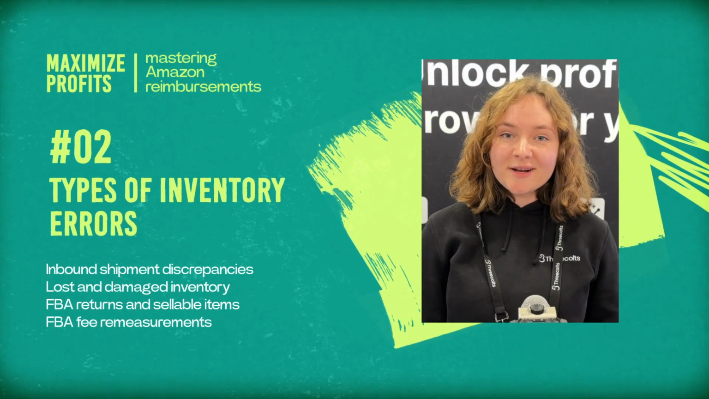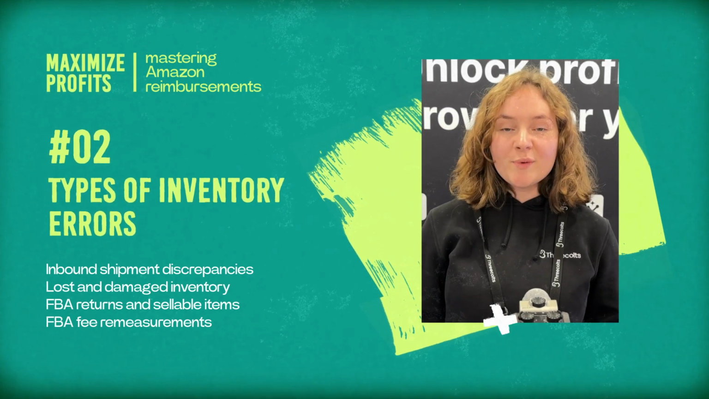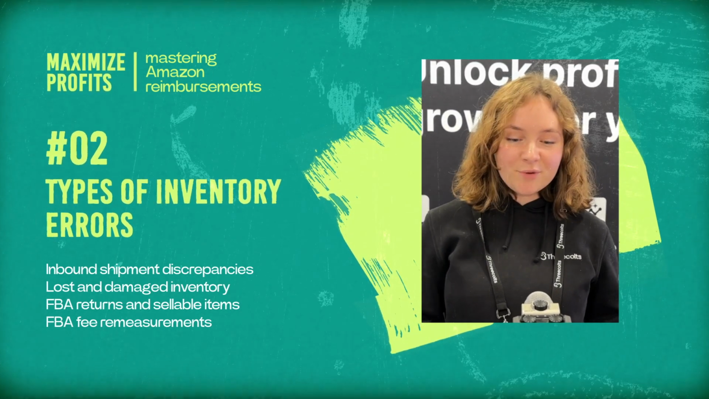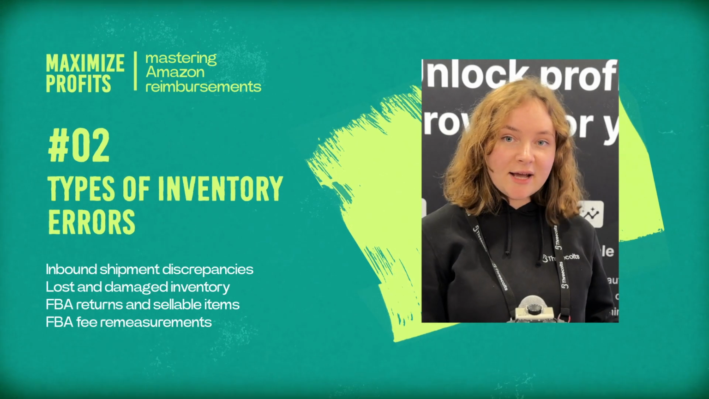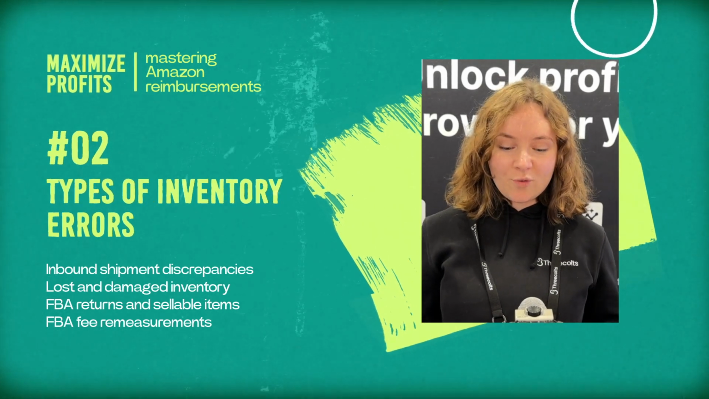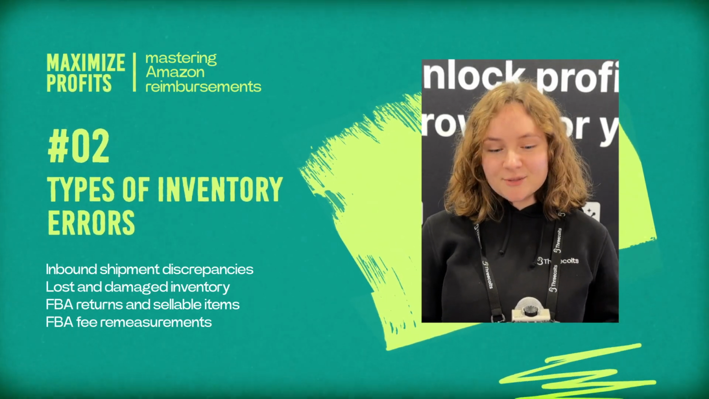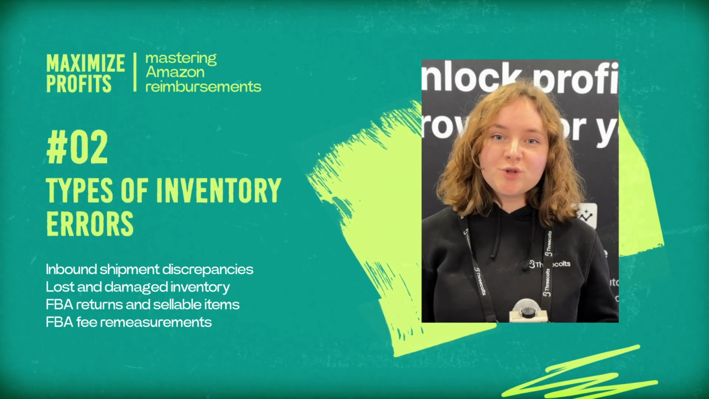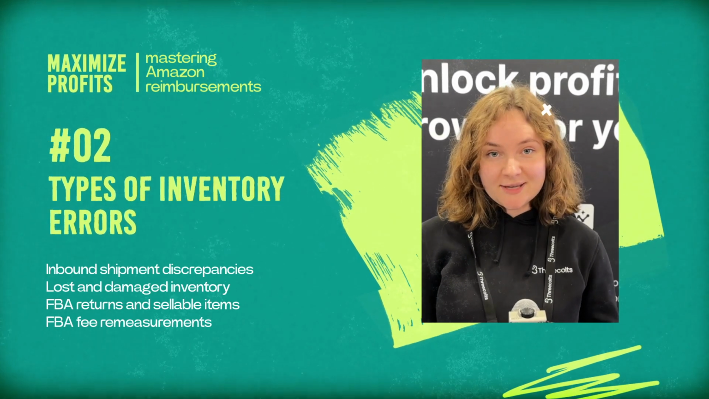And then the final one is going to be FBA fees. So we do FBA fee remeasurements. With those, we'll just get Amazon data, and then we'll compare it to your true data, and then we'll see discrepancies. And as per Amazon's standards, we file 20 claims per user on a monthly basis to get those